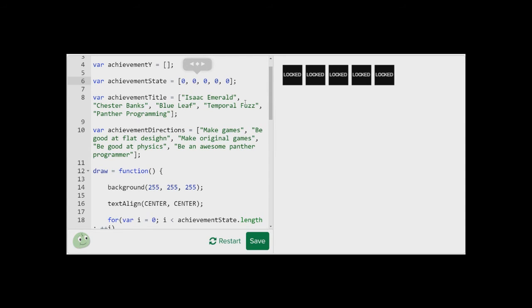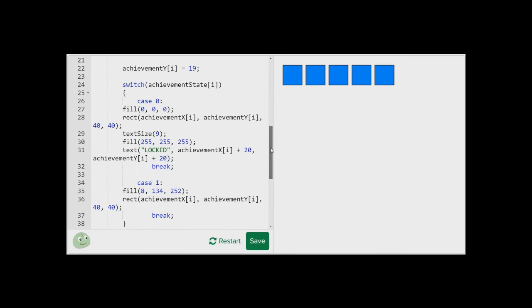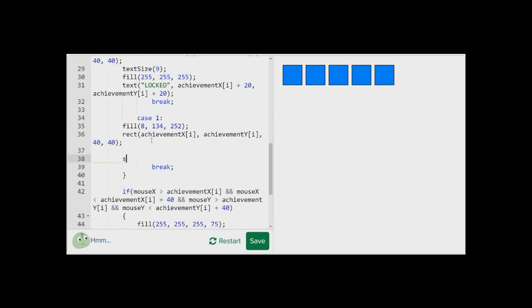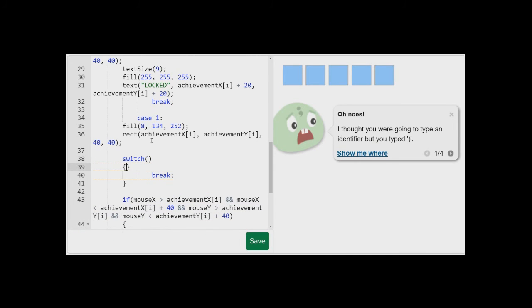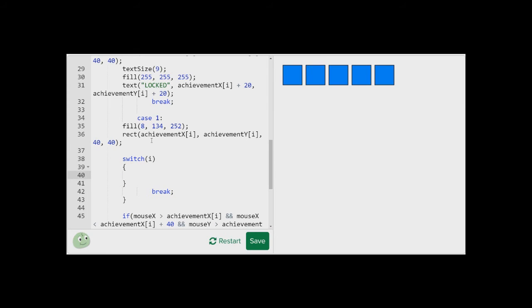So now let's make each one of these 1. But you might notice that each one is blue, and you don't want each one to have the same image, because that's totally beside the point of achievement. You want to have an awesome picture of what they achieved. So let's make it where not only when it's 1, make it have a blue rectangle, but also have another switch statement in the switch statement, switched by i, and if it's 0,